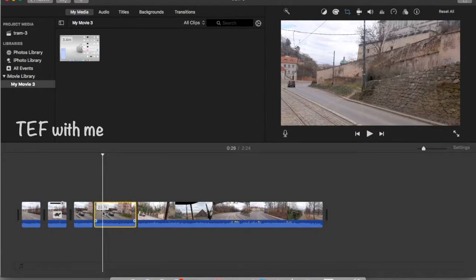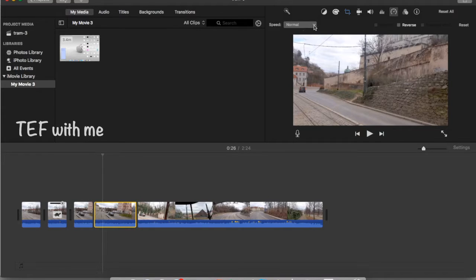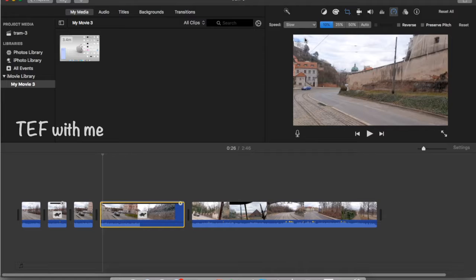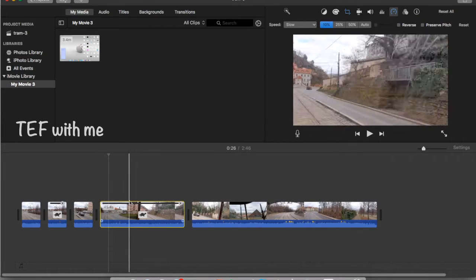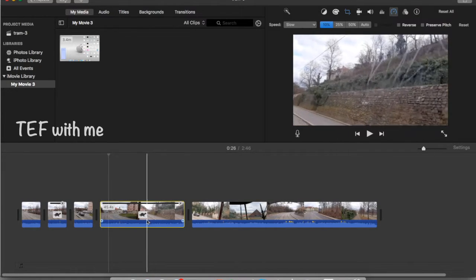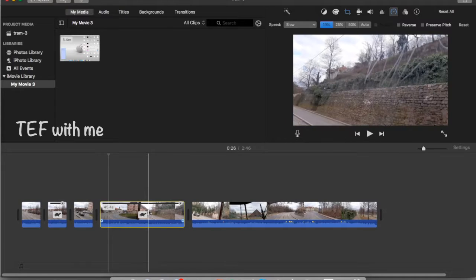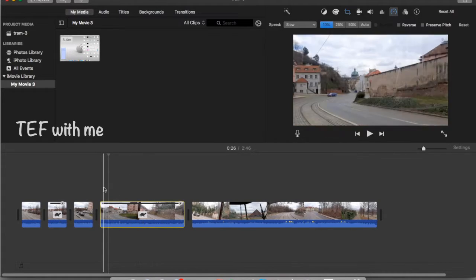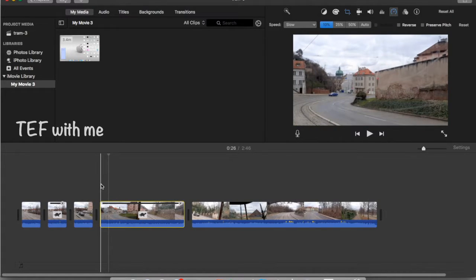For that, first you have to choose this movie file, and then here the speed will be there. You have to choose this icon, and then choose the slow button to make it slow motion. Now a small tortoise symbol will appear. If it is appearing, it means this movie file has been edited into slow motion. Now it will move very slow.